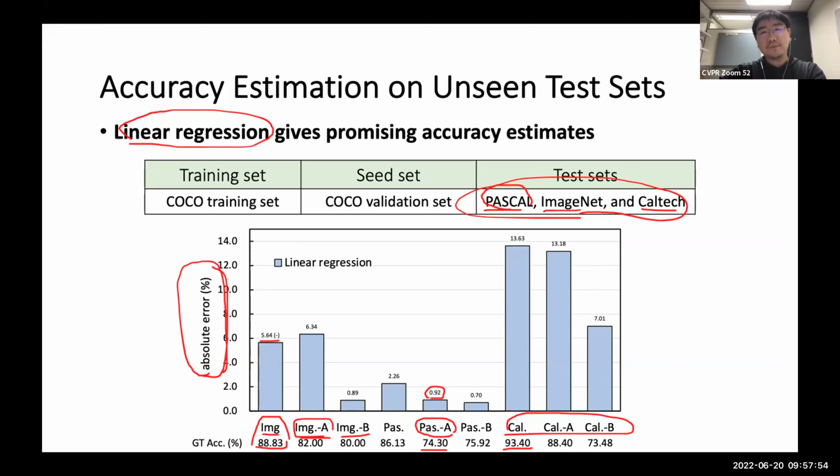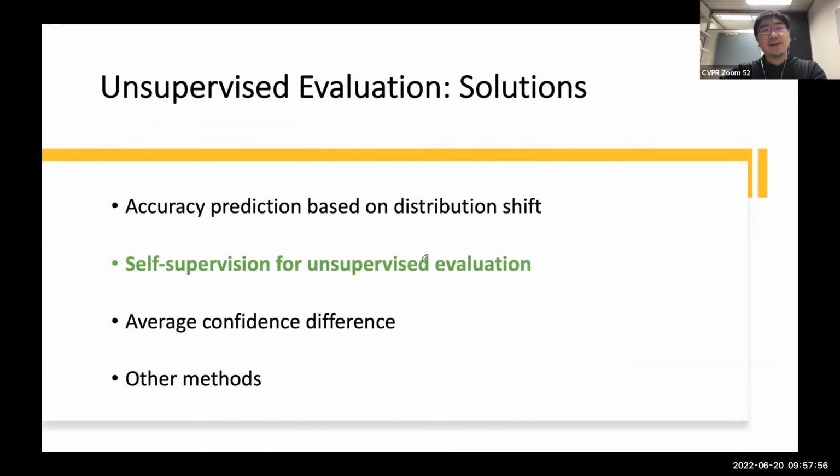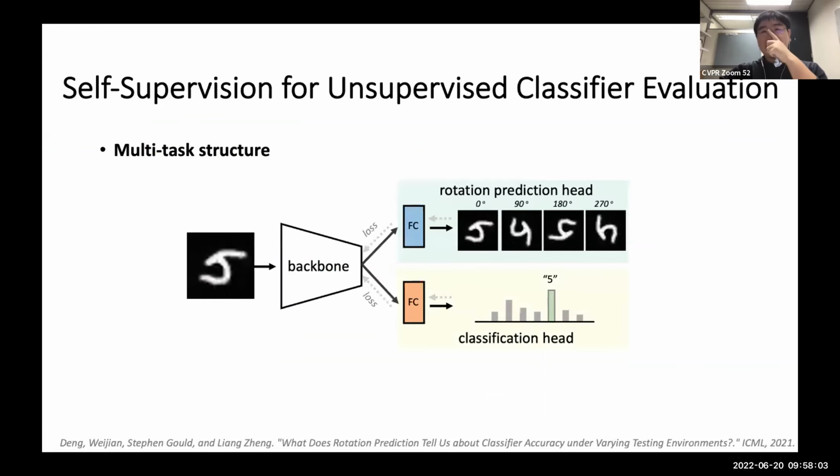Okay, so the second solution is self-supervision for this problem. I think Aditi mentioned rotation. So another solution for this so-called unsupervised classifier evaluation is to correlate your classification accuracy with self-supervision, for example, rotation prediction accuracy.